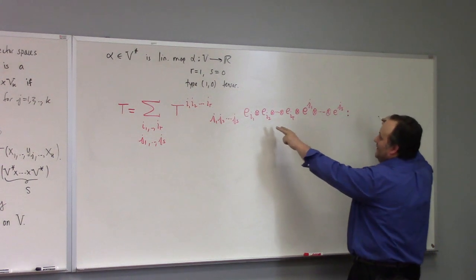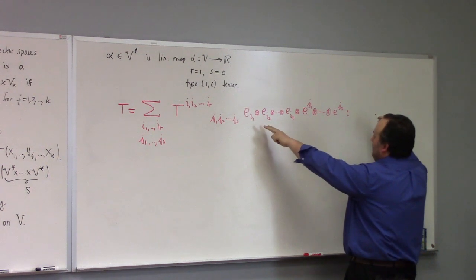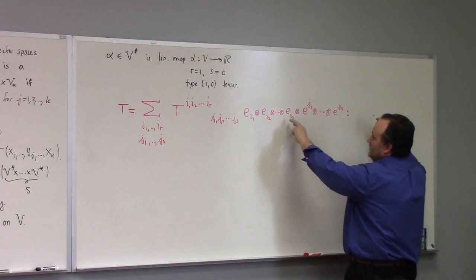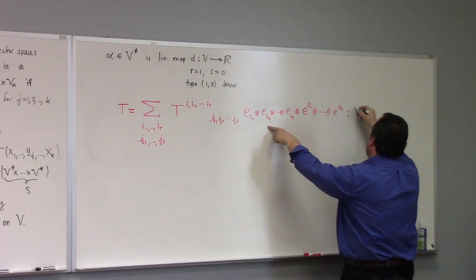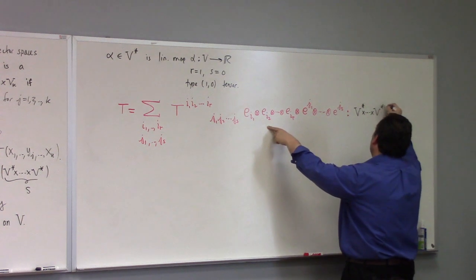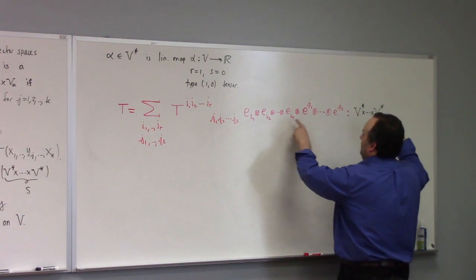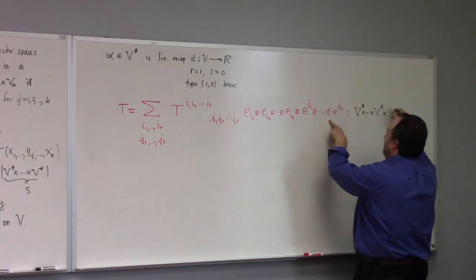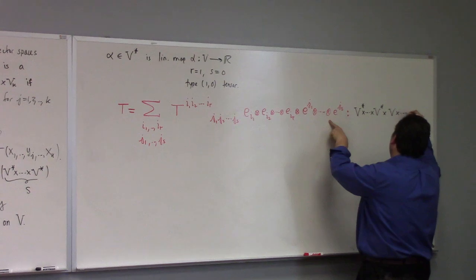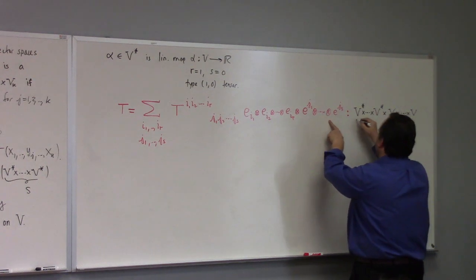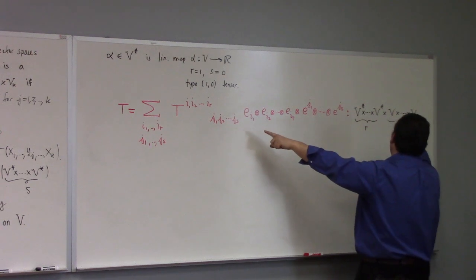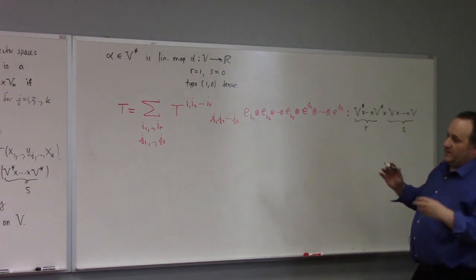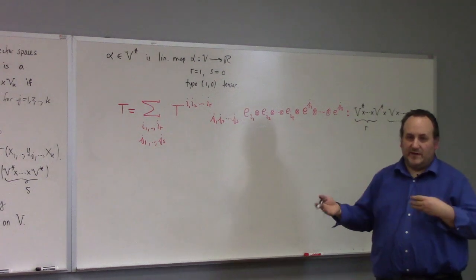So where was I? As a mapping, this would take in these guys, and these would take inputs from V, so I would need, in this lingo, R-fold of these and S-fold of these. So if we're going to match up with Rentelin's